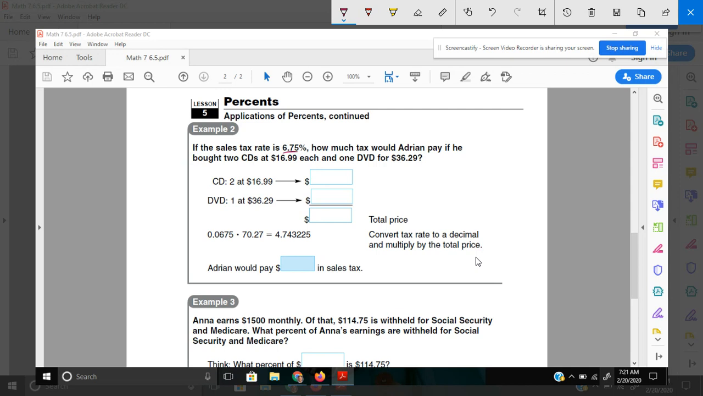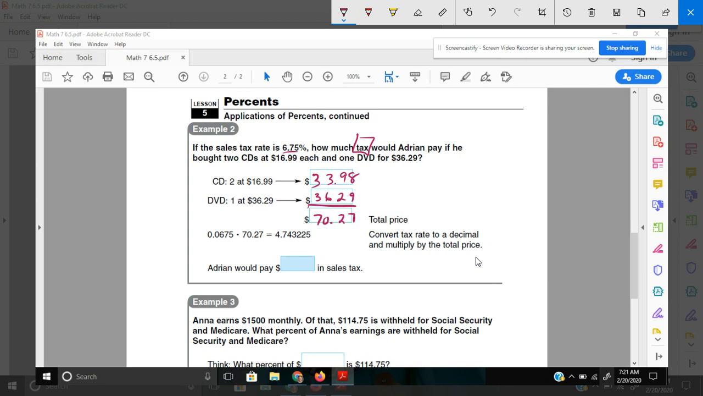If you take $16.99 and you multiply that by 2, you'd come up with $33.98, plus 1 DVD at $36.29. You are to add those totals up. You would come up with $70.27. And now to find the tax on that, you would take